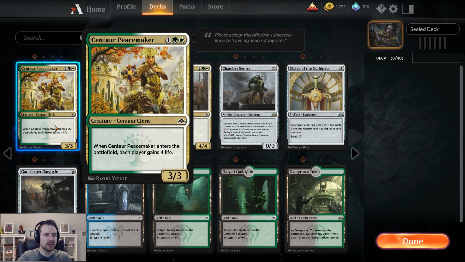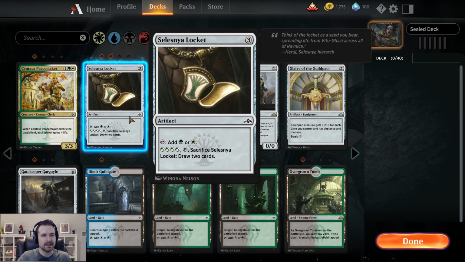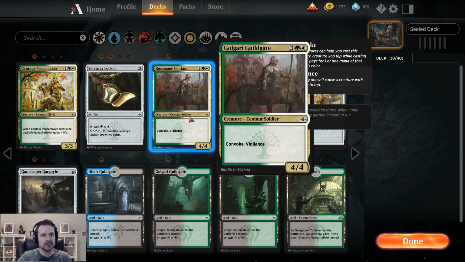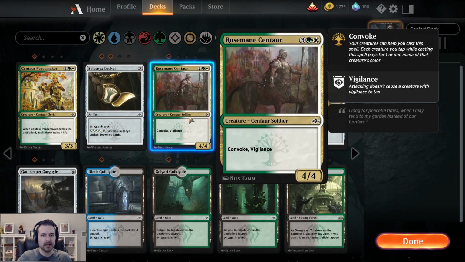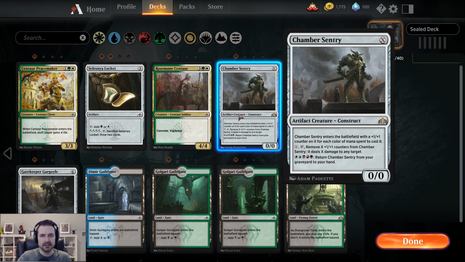This one is okay. I mean, sometimes if you're playing aggressively, you don't want to give each player 4 life, but it's not bad. We did get a Locket in Celestia if we wanted to use that for some fixing or additional card draw. And the Convoke guy is playable. Again, we have our Sentry. So this is